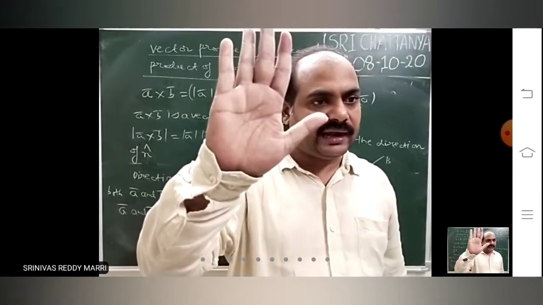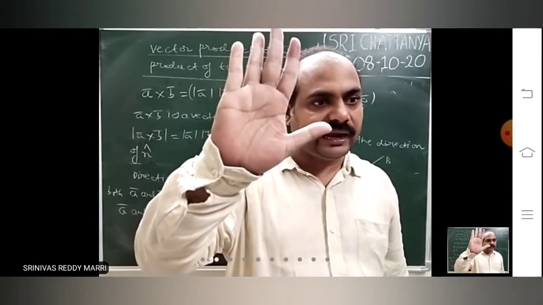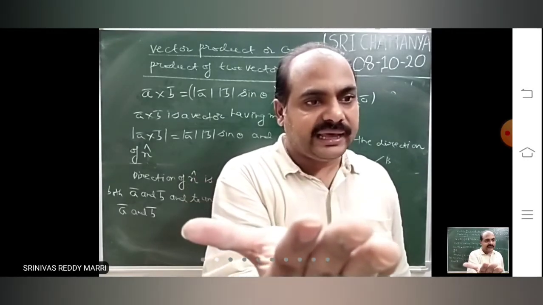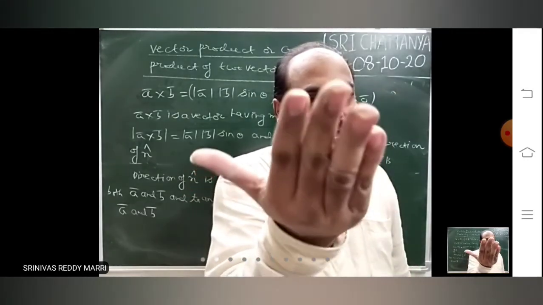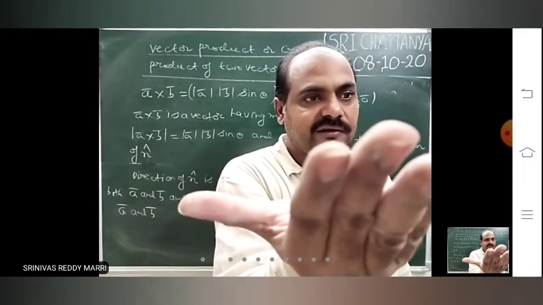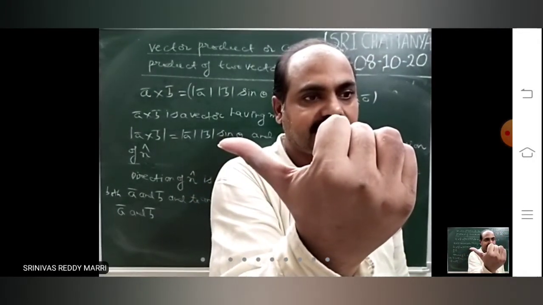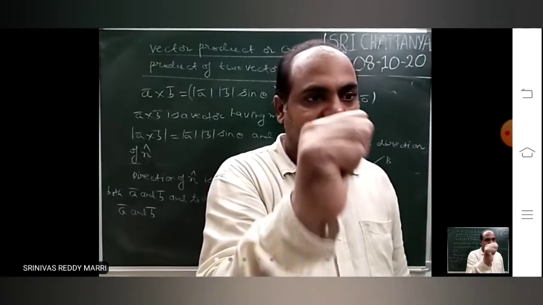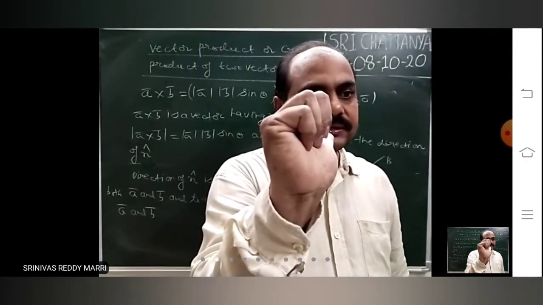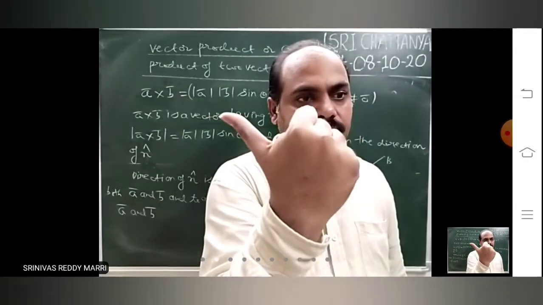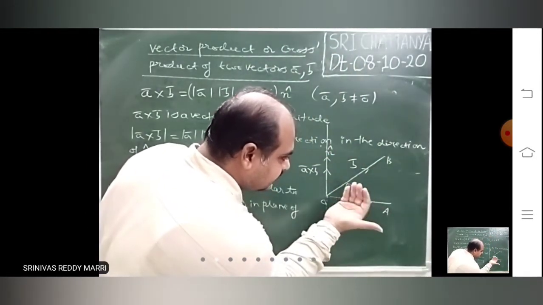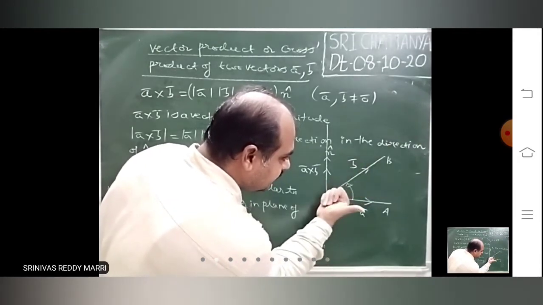Another method is all of you take your hand, right hand thumb rule. All of you take your hand, right, and then roll your fingers from A bar to B bar direction. A bar to B bar is what? Anti-clockwise direction. My thumb is this, and I am rolling my fingers from A bar to B bar in anti-clockwise direction. This thumb is there. This will come towards my direction. That is nothing but direction of n cap. That is another way to measure the direction. Always A bar to B bar anti-clockwise direction. When you rotate the fingers in this direction, that will come like this.